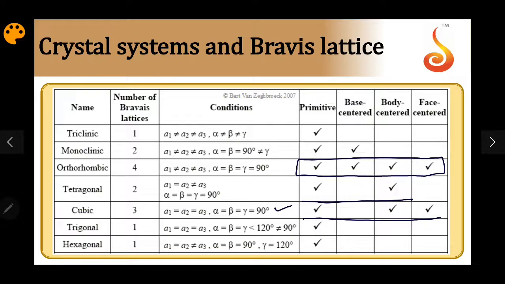Orthorhombic: all 3 angles are 90 degrees and all 3 side lengths are not equal. Tetragonal: still all 3 angles are 90, but 2 side lengths are the same and one length is different. So these are the 7 systems. You need to memorize the alpha, beta, gamma values and the a, b, c values, and which lattice types each system has.